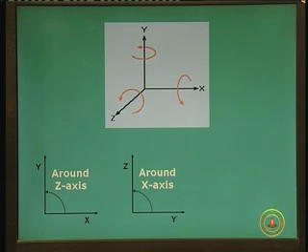I will ask you to do the following. In the right hand coordinate system, you grab this axis, okay? You grab this axis with the right hand. Let us say this was the axis which was pointing, it could be x, y or z, whatever. The direction of the thumb points to the positive direction of the axis. It could be x, y or z.